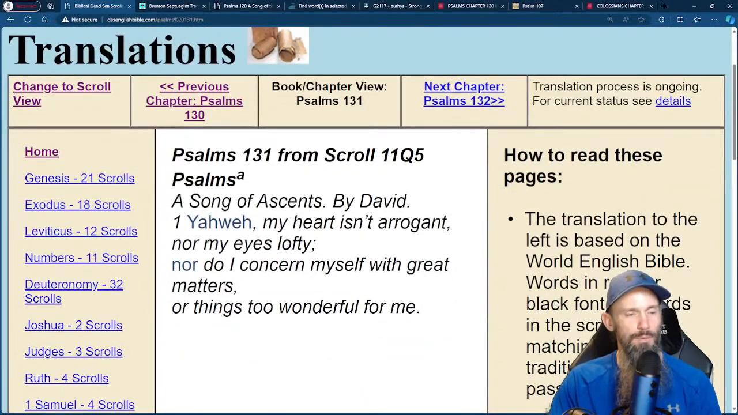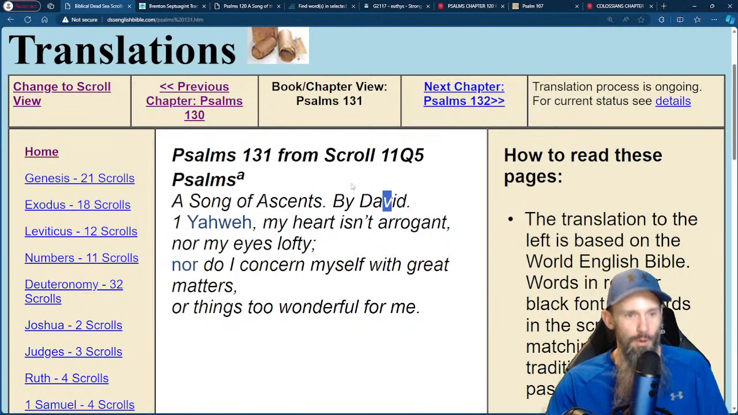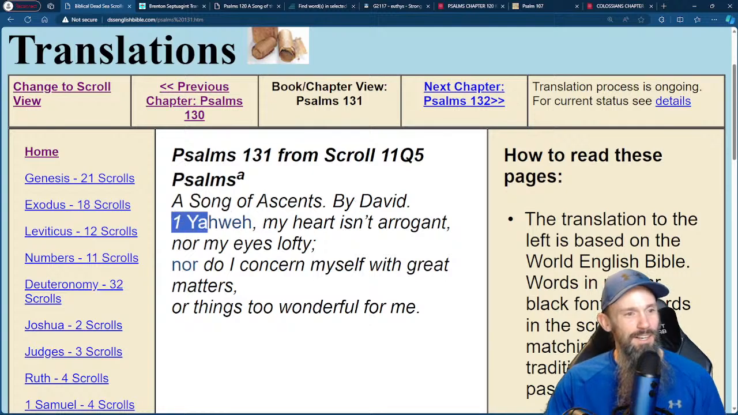So Psalm 131, a song of ascents by David. It wouldn't be a V, it wouldn't be a W. They say the old Hebrew W is a U, so it'd be Daoud. Kind of weird, but Yahuwah, my heart isn't arrogant, nor my eyes lofty, nor do I concern myself with great matters or things too